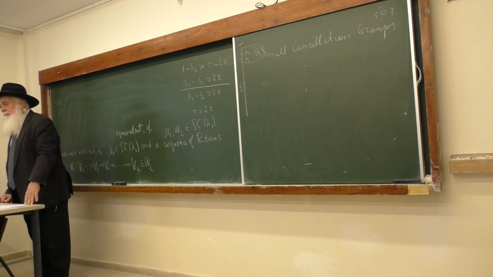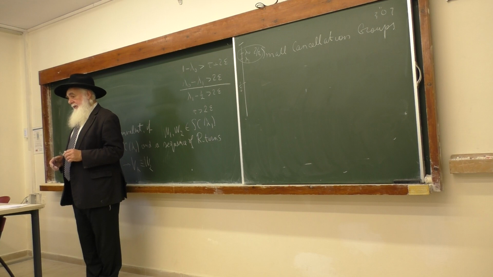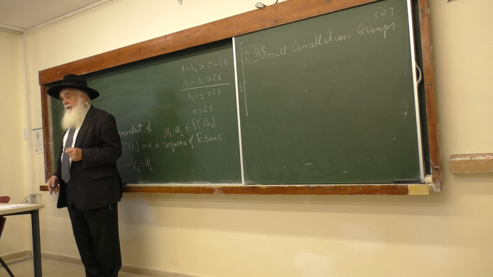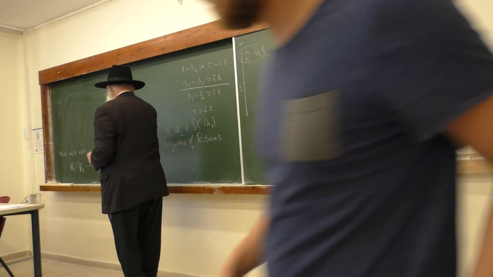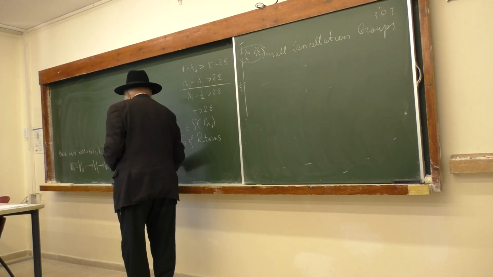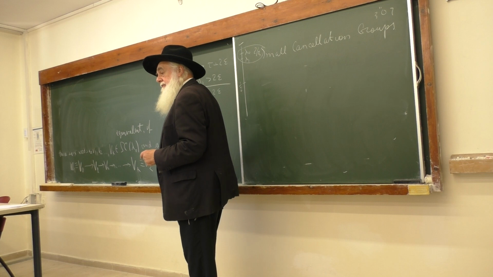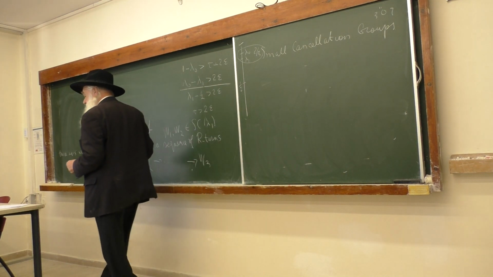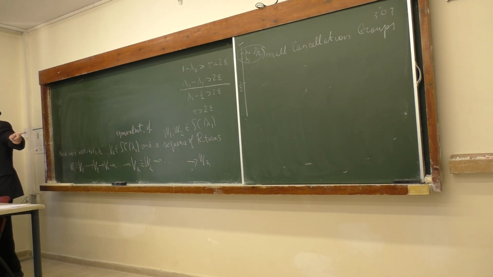It is immediately obvious from the definition that this is an actual equivalence relation. Of course, it is reflexive, it is symmetric, and it is transitive. Why is it transitive? If we could go from W1 to W2 and from W2 to W3, then this sequence of terms will already give us equivalence of W1 and W3,